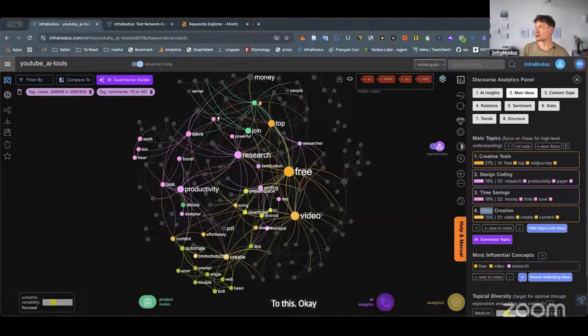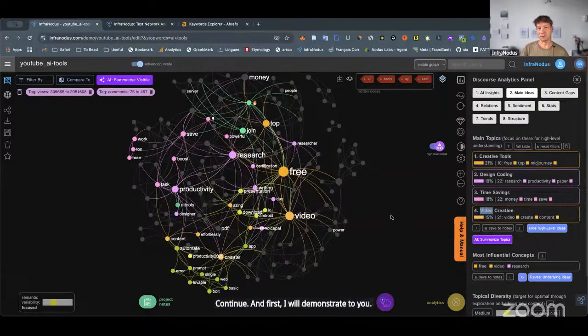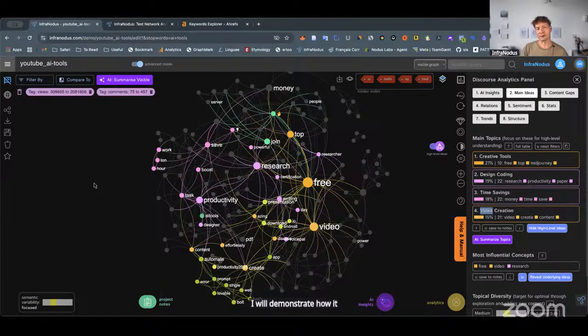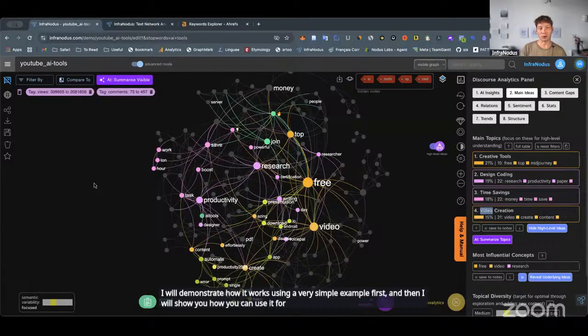Okay, so now we can continue. And first I will demonstrate to you a really nice new feature that I'm really happy about that we added into InfraNodus. I will demonstrate how it works using a very simple example first, and then I will show you how you can use it for some more complex